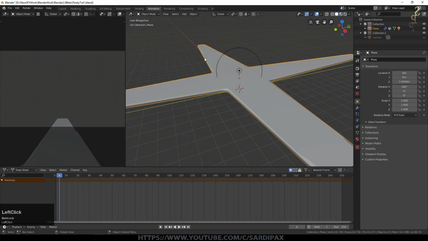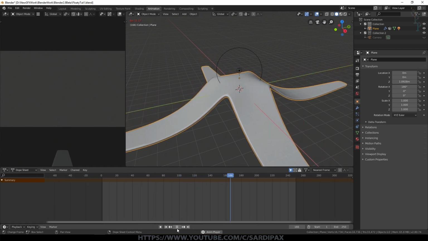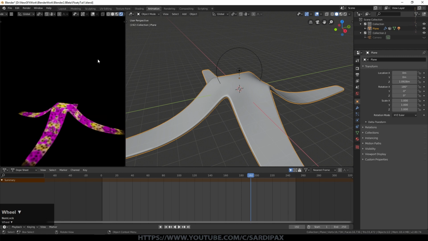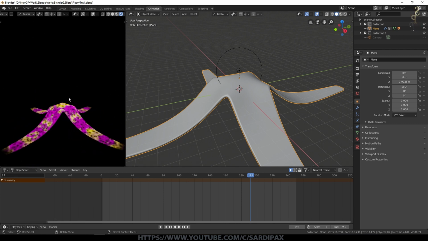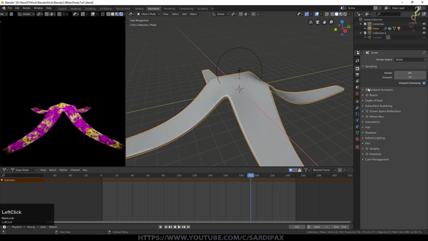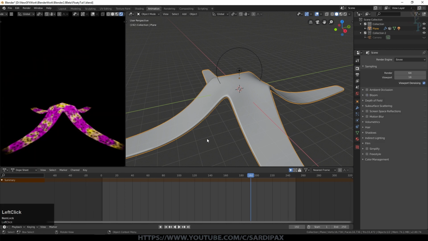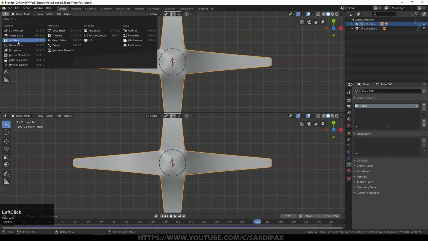Go back to animation. We'll just let it flop down a little bit. And then we'll have a look at what that looks like rendered. So you can see we've got this weird creature here now. They're entirely emissive creatures, and therefore there's no shading or anything needed. And that's part of what speeds up the animation. At this point, if I wanted to, I could turn on bloom, and you can see we get this effect around it. So I'll go back to the standard layout now, but I'll call up a new window, and we'll make that the graph editor.